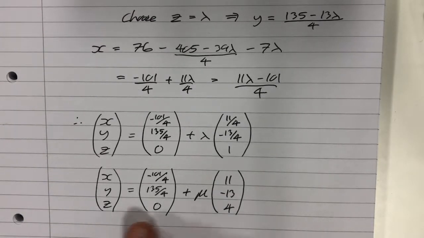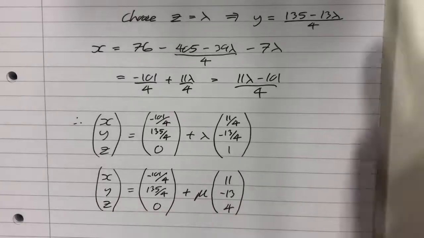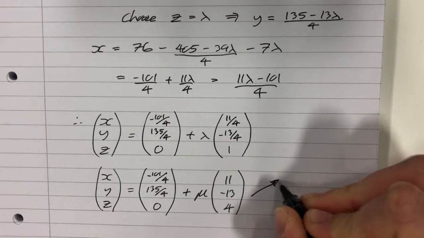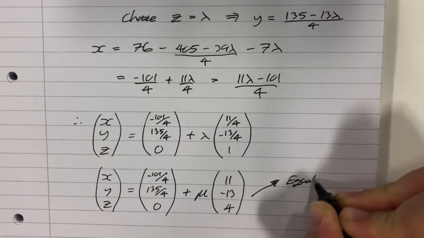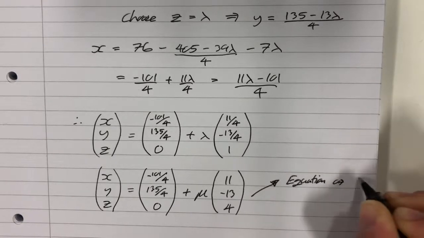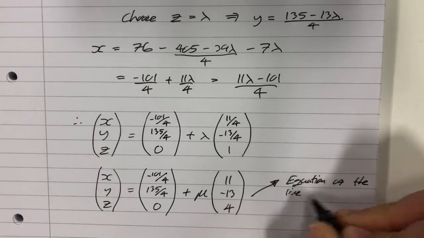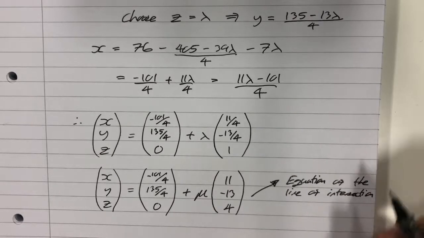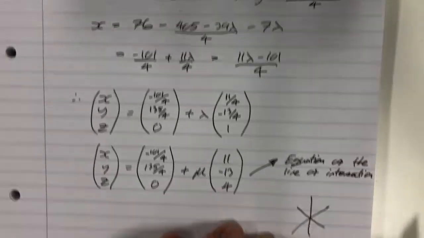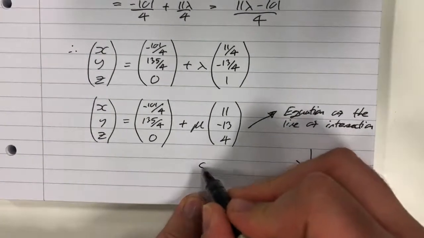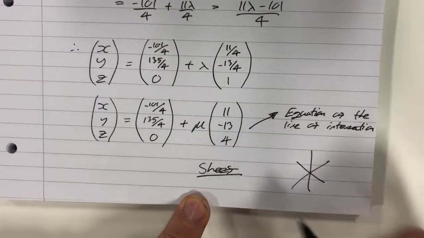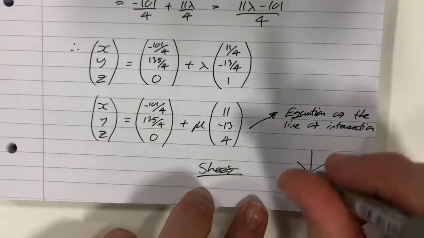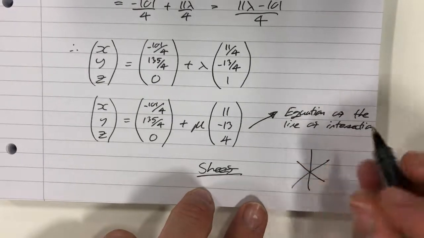So this is now the equation of the line of intersection. These three planes have formed a sheaf. Okay, and the line that intersect has equation